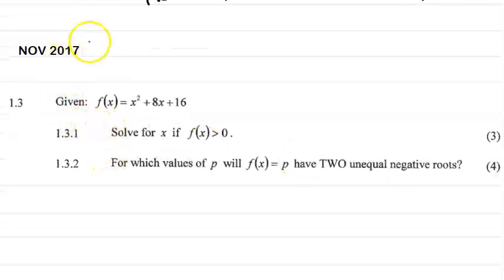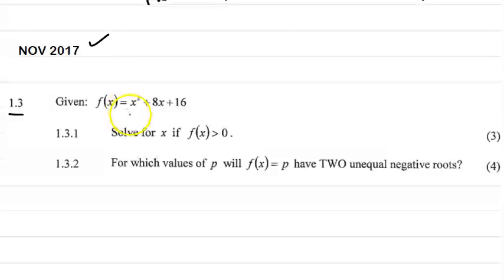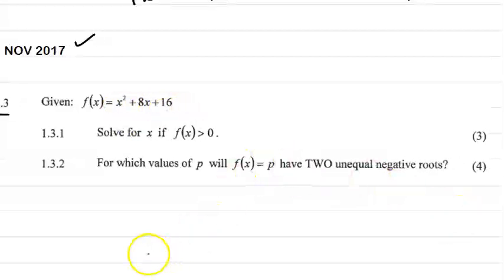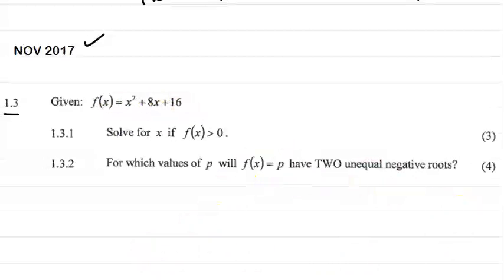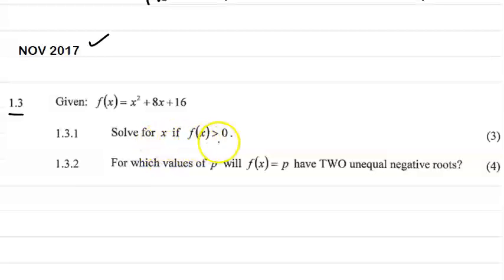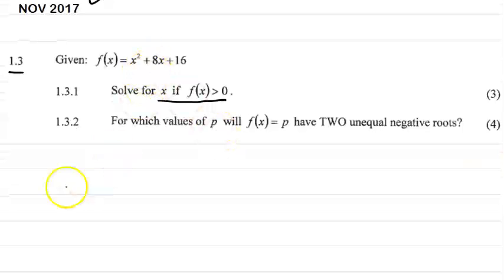So in the November 2017 paper, question 1.3, it says here, given f(x) = x² + 8x + 16. And we are now required to do the following. Say here, solve for x if f(x) is greater than 0. So therefore, we have a quadratic inequality in the first question. So therefore, 1.3.1